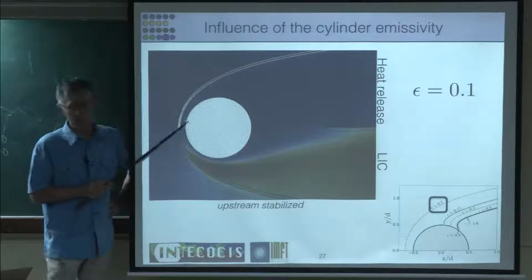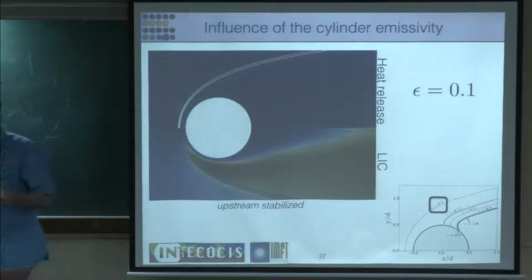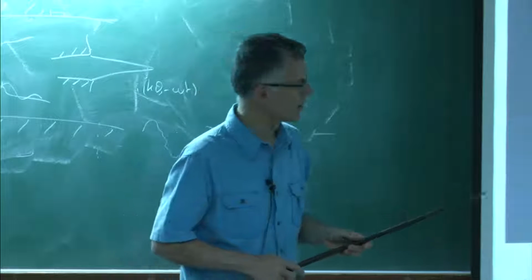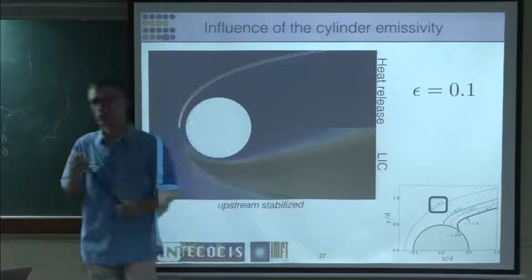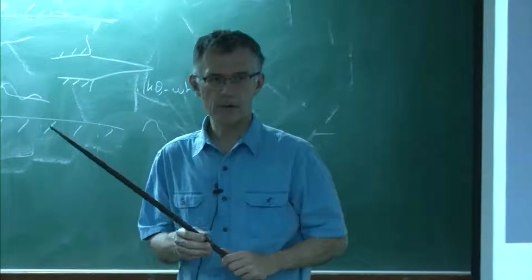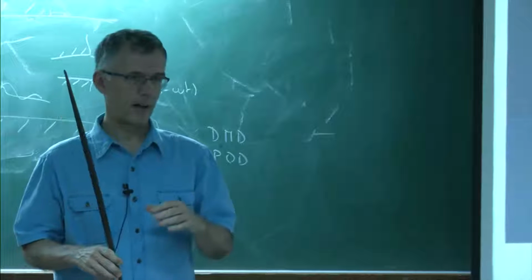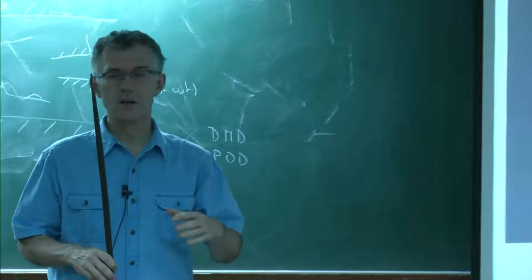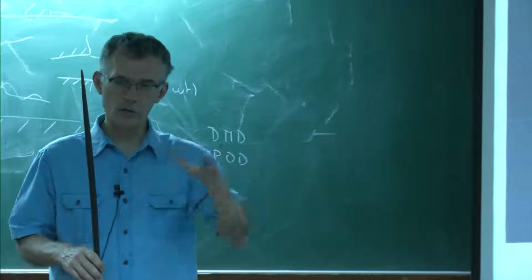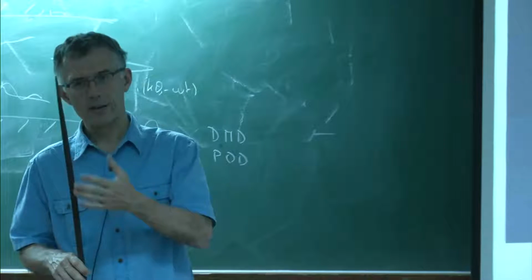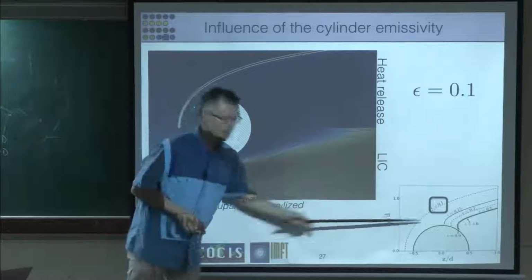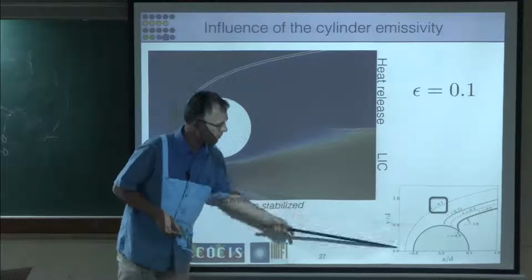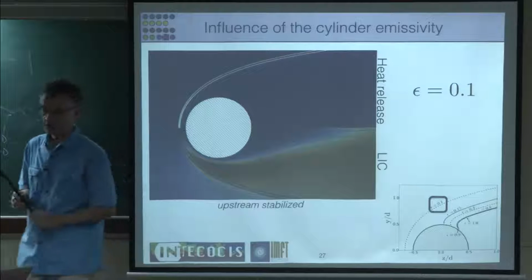But that's also telling you something else. If you want to be precise now, you have to include radiation. And it's a problem because we don't know the emissivity of this cylinder. The emissivity of this cylinder depends on how old it is. Because when it's new, it has a small emissivity, but if you wait, a little bit of soot comes on it, and emissivity goes up. So that really means, again, that if you wait long enough, the flame position might change to the point that you might jump in front of the flame holder.